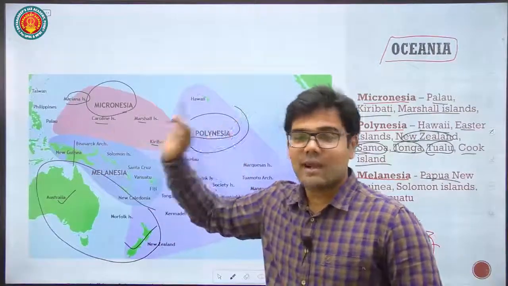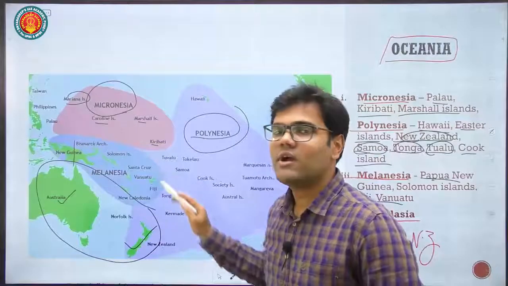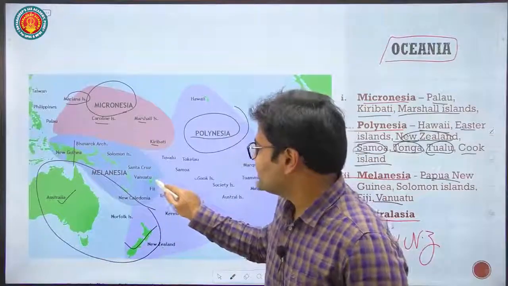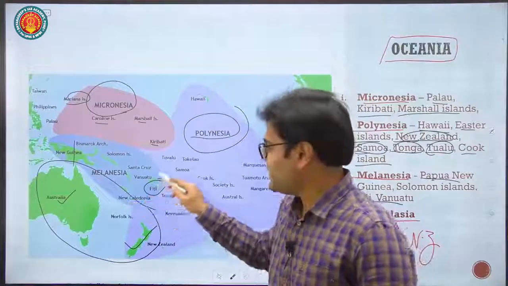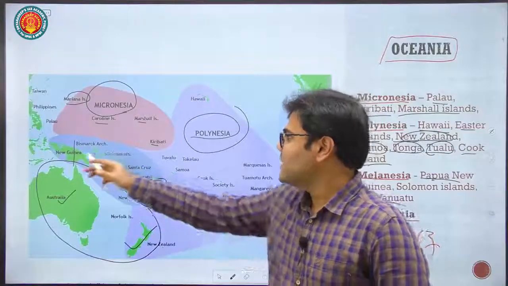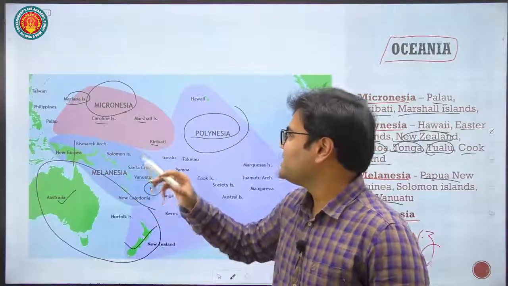So we saw at that time Papua New Guinea is a part of Melanesia. So just remember Papua New Guinea is there near the country of Fiji. Fiji is famous, right? So we can just remember this fact that Fiji and Papua New Guinea belong to Melanesia, and then some of